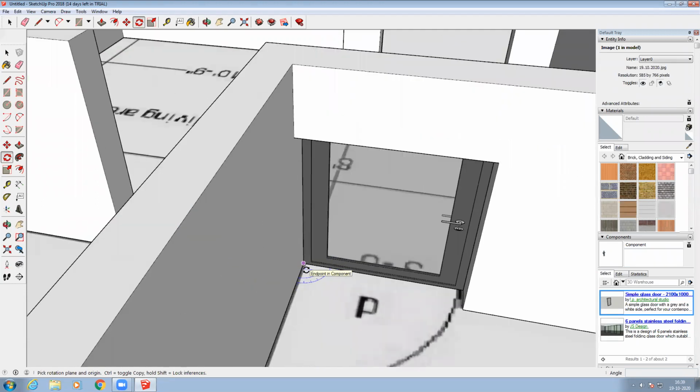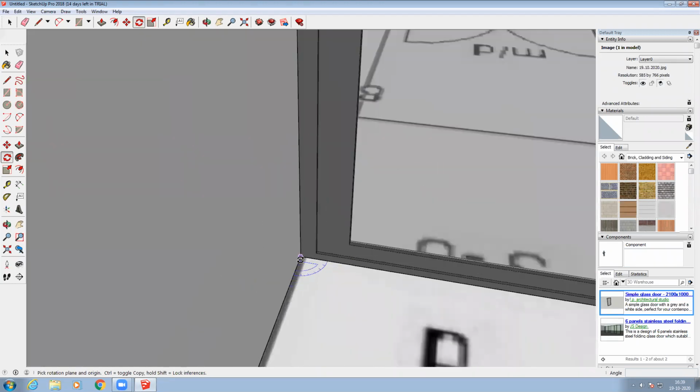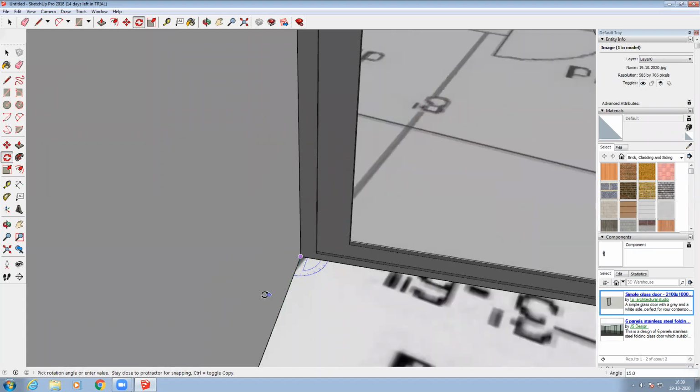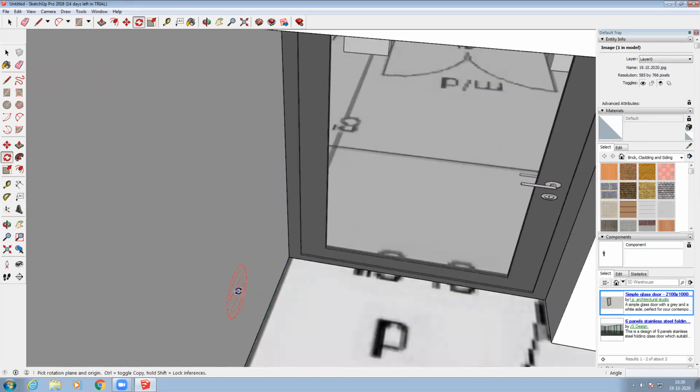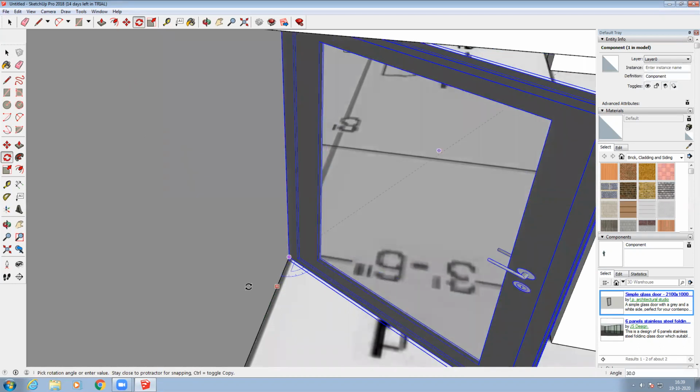Where the horizontal direction shows, you click on that and then drag, click, and rotate. Select the door, take the rotate option, horizontal, and click, drag, click, rotate.